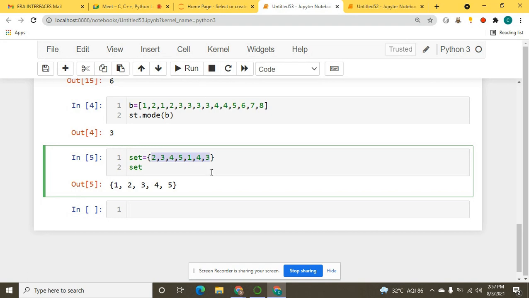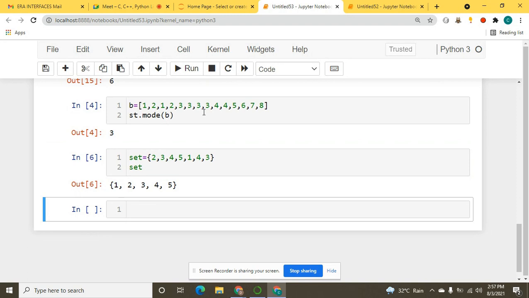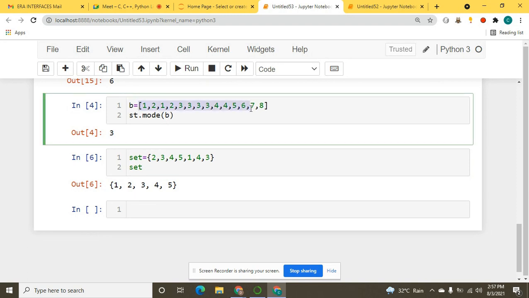What it was doing before was removing the duplicates, and we were getting the first value appearing in the set. Here when we check, 3 is 2 times and 4 is also 2 times. But when I executed this set, I got each only once. All the values are only once, and the set changed whatever order we specified. So a set is unordered. That's why I changed the data type. I took all the comma separated values into a list. When I executed it, I got the value 3.